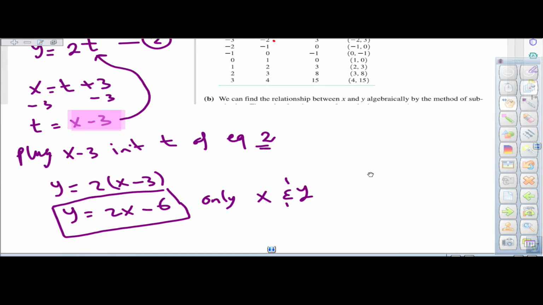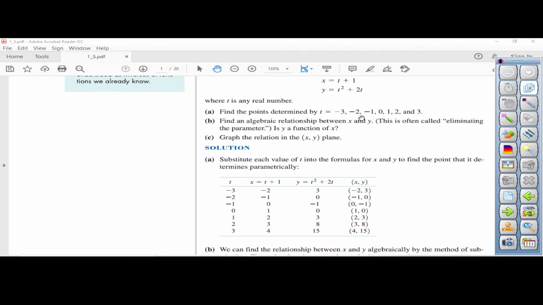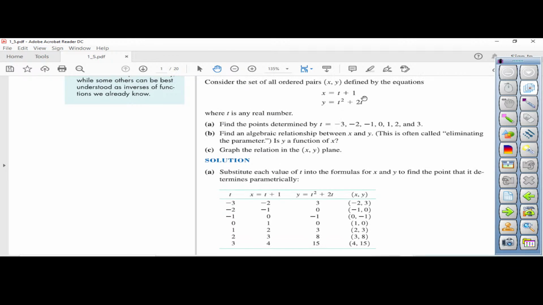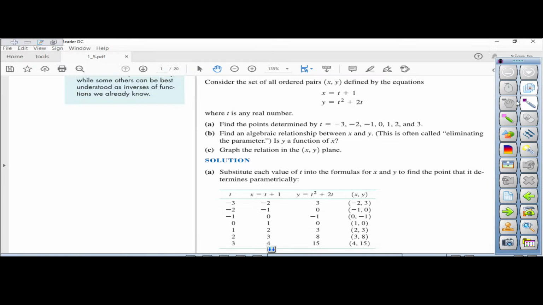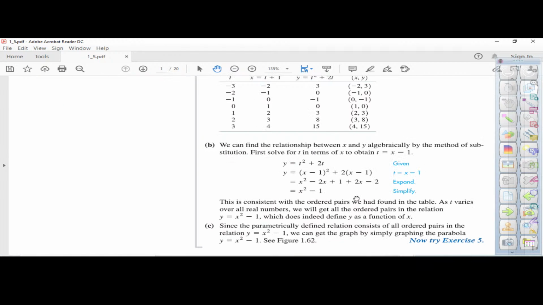Okay, guys. So that's in terms of the first example that I gave. Now let's see the next example that they gave us. They gave us one that is linear and then the other was quadratic, and they want us to eliminate the t. Well, it's not a big deal. Okay, so I'm gonna walk you through this. We need to isolate the t again. So to isolate the t,